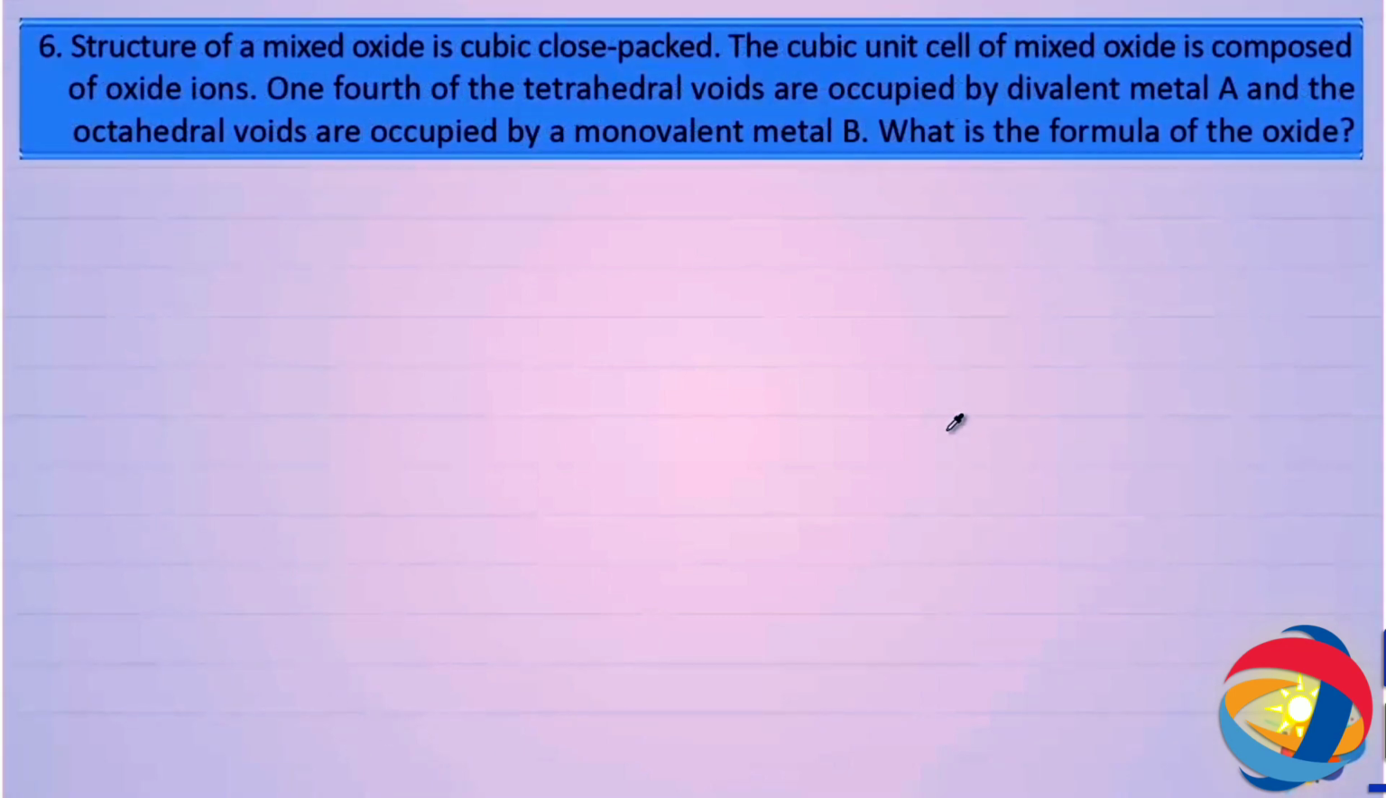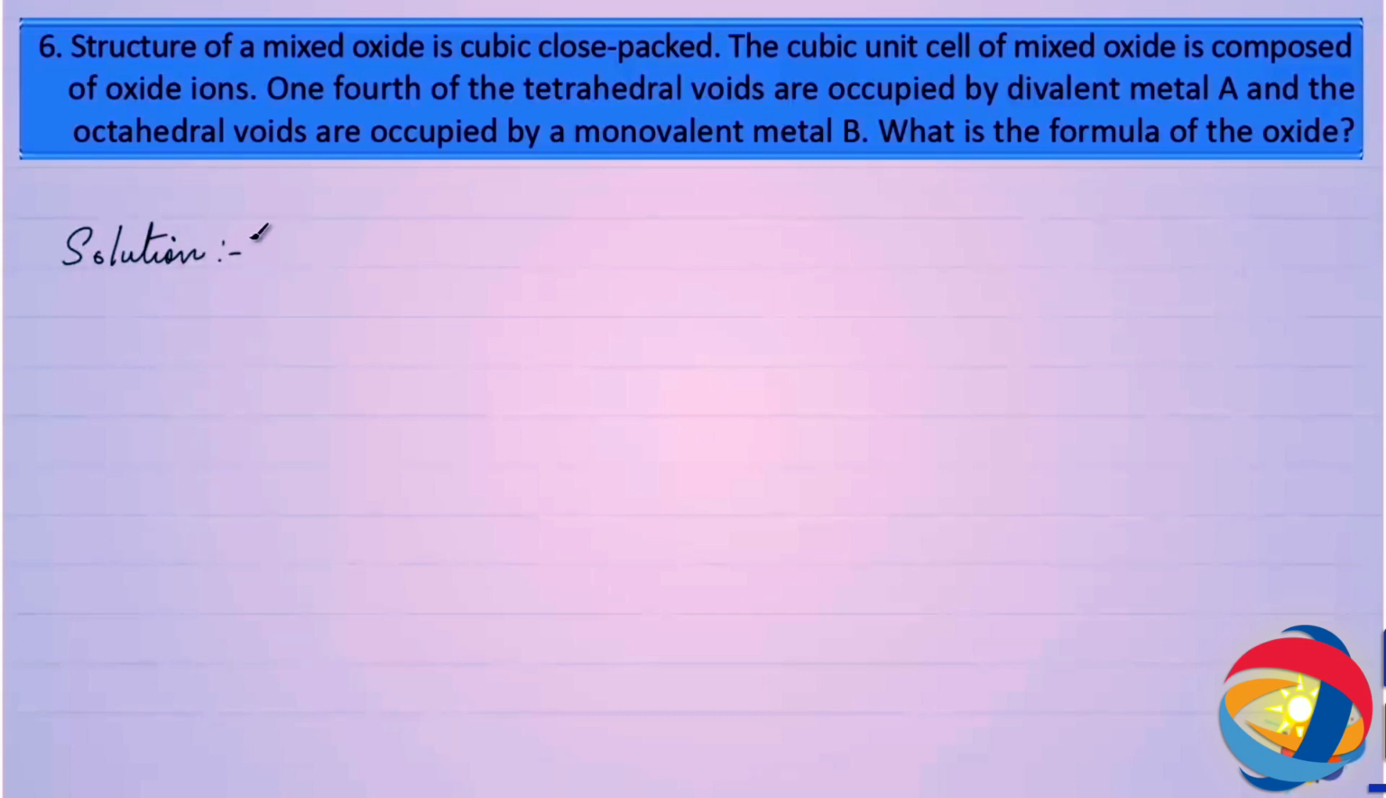Let's move on to the problems based on voids in close-packed structure. The question is, structure of a mixed oxide is cubic close-packed. The cubic unit cell of mixed oxide is composed of oxide ions. 1/4 of the tetrahedral voids are occupied by divalent metal A and the octahedral voids are occupied by a monovalent metal B. What is the formula of the oxide? The solution is